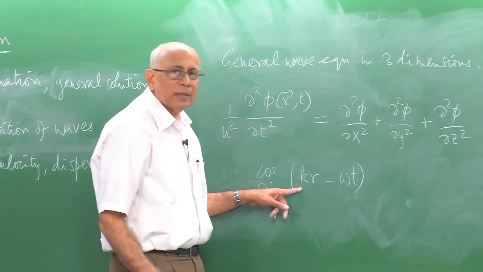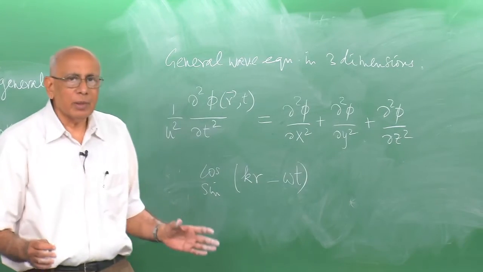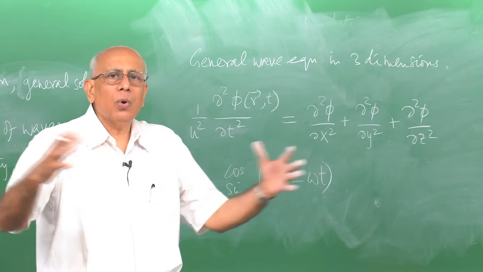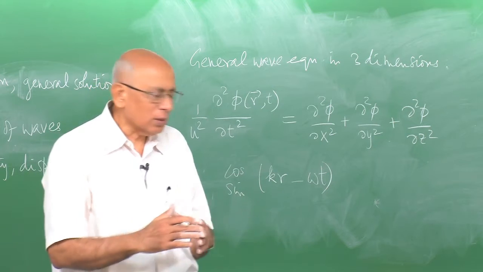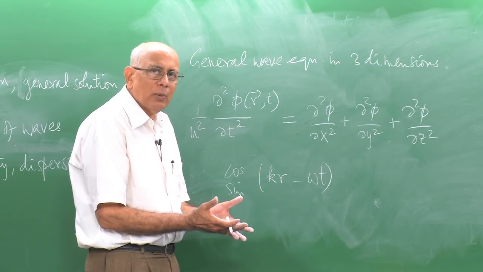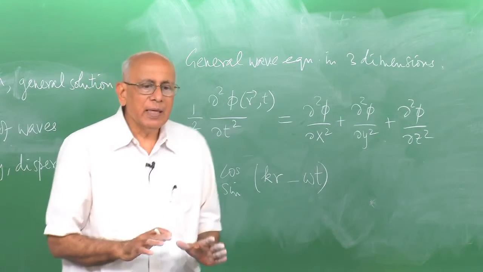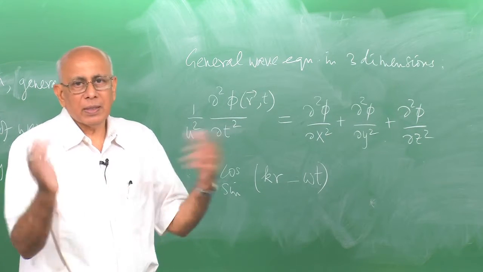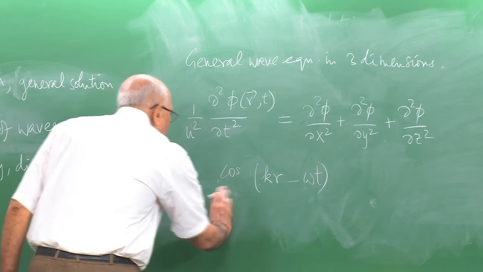where k is the so called wave number as before, 2 pi over lambda, r is the radial coordinate from the origin, but now energy considerations come into play. From this source, as things go outwards, a certain amount of energy is pumped into this medium as the source emanates waves. Since the surface area at a distance r goes like r squared, it is clear that if the total energy is constant, then the amplitude itself must decrease in such a way that the intensity multiplied by the total surface area gives you exactly the same amount of energy. So, that requires that this thing be proportional to 1 over r